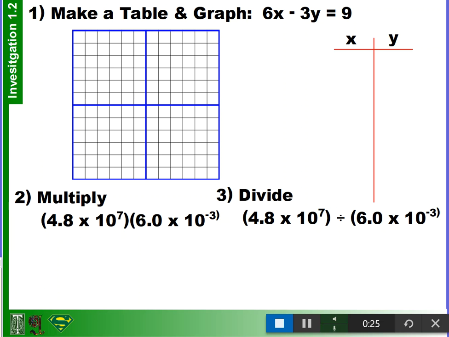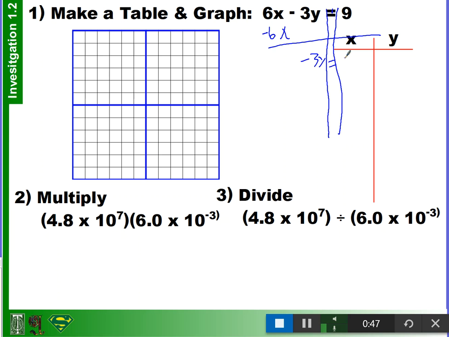Okay, so I set up train tracks, and first I subtracted 6x, giving you negative